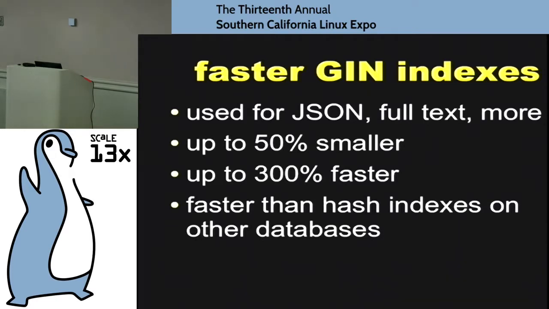By the way, GIN stands for generic inverted indexes. These are inverted indexes. We use them in complex values. It's the same indexing algorithm that's used by things like Elasticsearch. So we use the inverted indexes in there, and now they've gotten so much faster that in a lot of cases they're faster than B-tree indexes, the standard B-tree indexes. And this also means that Postgres is never ever going to fix our built-in hash indexes, because now there's really no point in using them, because we can just do hash over GIN index and it's faster.